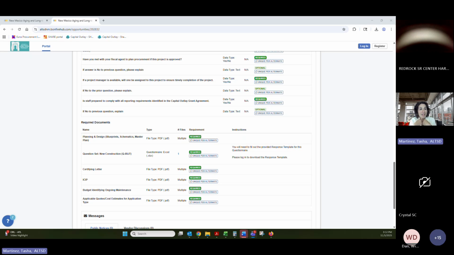Not for us. For DFA and how they want their ICIP, yes. But when you upload it to CAPS, doesn't mean that we will necessarily see it. So we're going to have every applicant upload it with their application submission. Is there a separate CAPS login ID that you're going to provide us, like they did in the past for